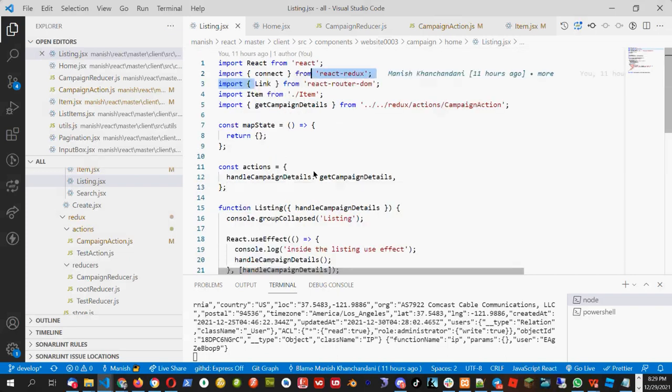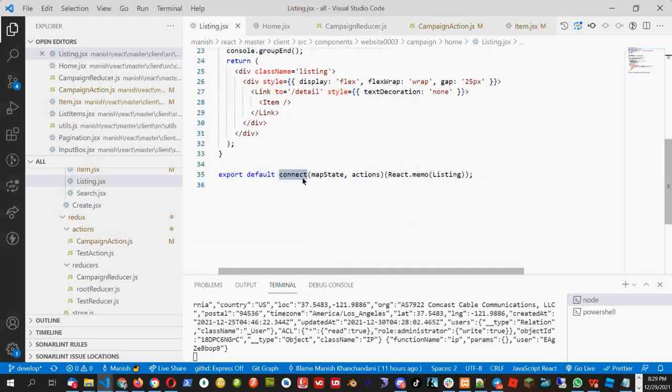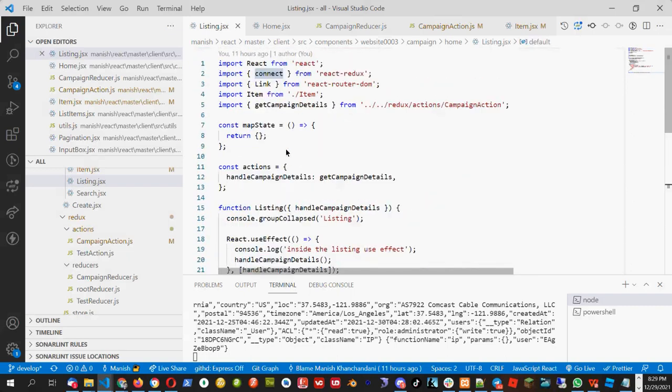Connect is already done. We have connect and it is already connected to the store. But now what should I change here in the code? Which line number should I change to get that information? First tell me the line number and then tell me what can be the solution. And if you don't know, then tell me you don't know.